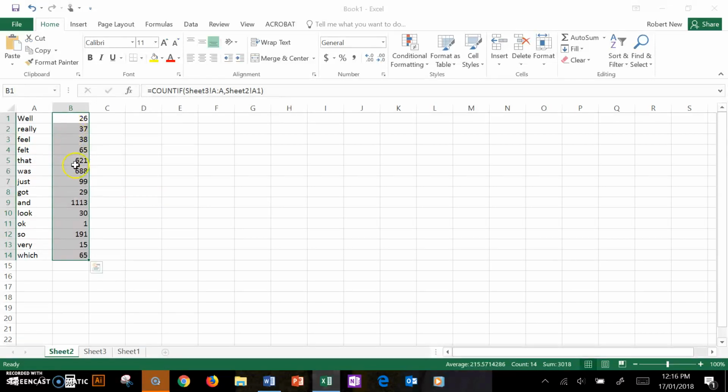The word "that" I've used 621 times. As I said in the introduction, this is a word that can nearly always be deleted, so I've really got to go back and have a hard look at each use of the word "that" to see if it's justified in the sentence. Again, "was" is okay,